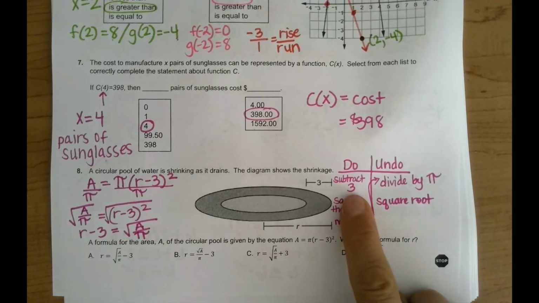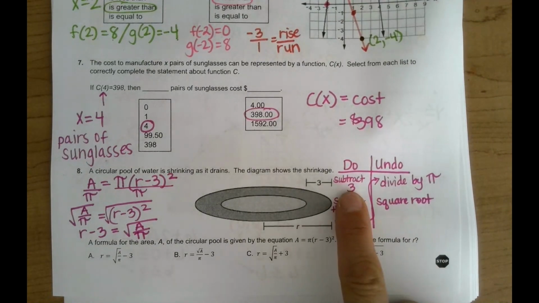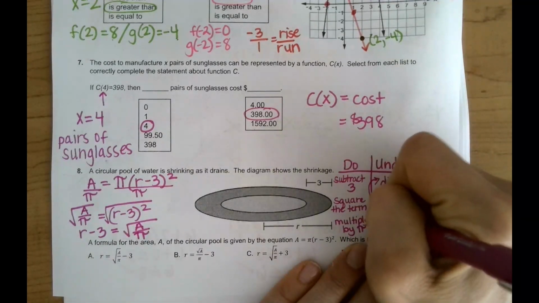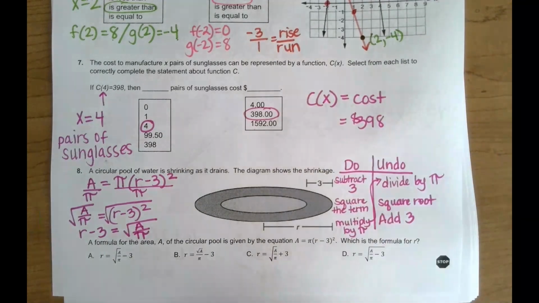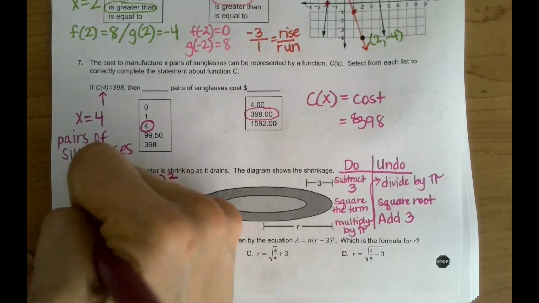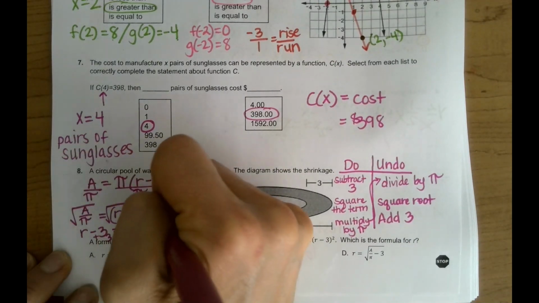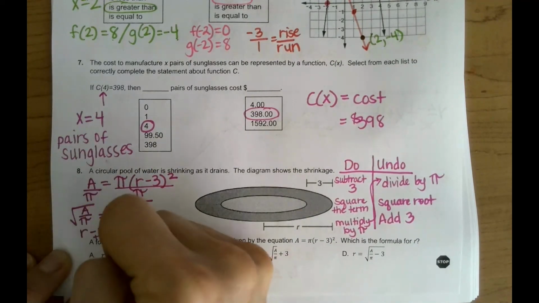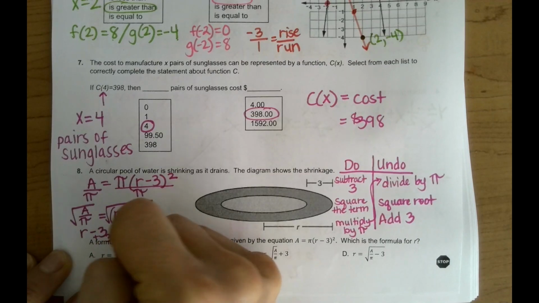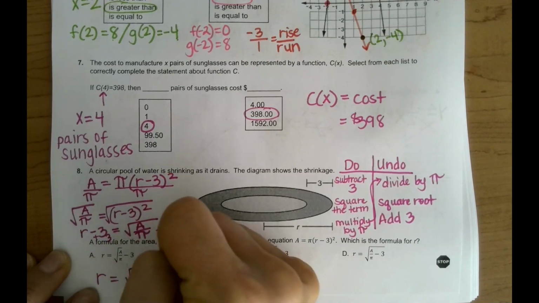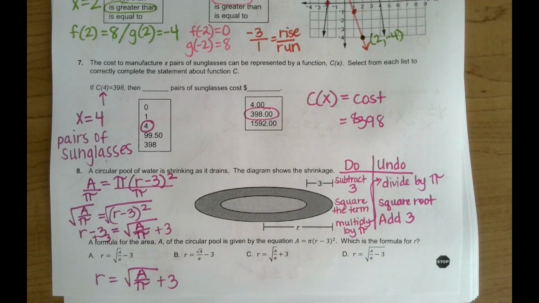All right, then go back to subtract 3, because we're going in the opposite order. So subtract 3, we need to do the inverse. We would add 3 to both sides. So plus 3, r equals the square root of A divided by pi plus 3. And that would give us